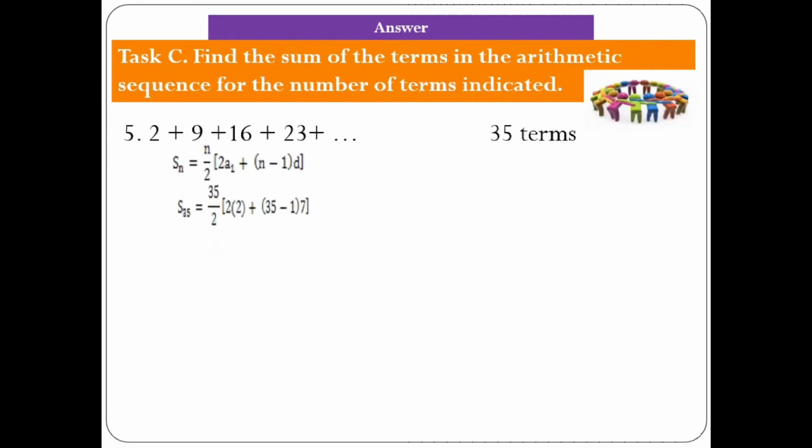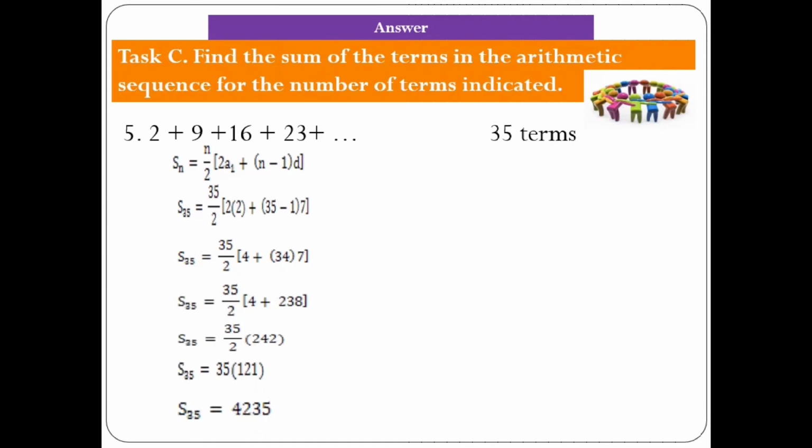Number 5. The sum of the first 35 terms of the given sequence 2, 9, 16, 23, and so on, wherein the first term is 2, n is 35, and the common difference is 7, is equal to 4,235. We hope you learned